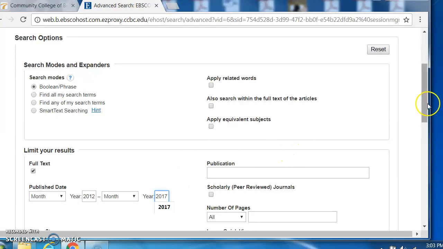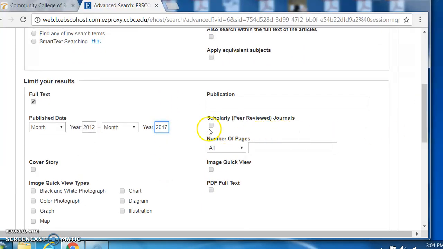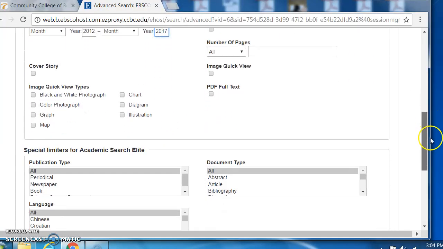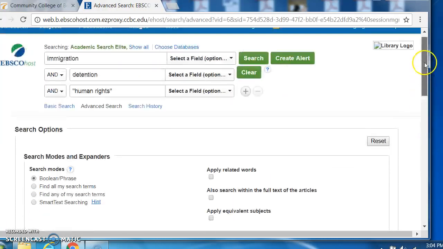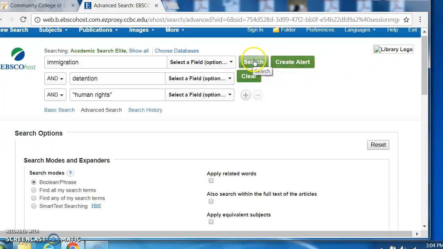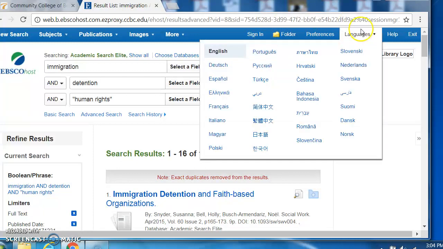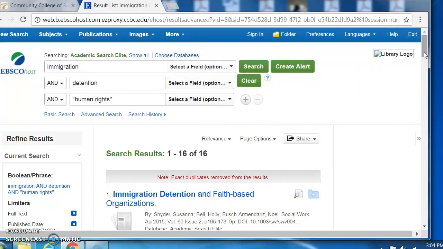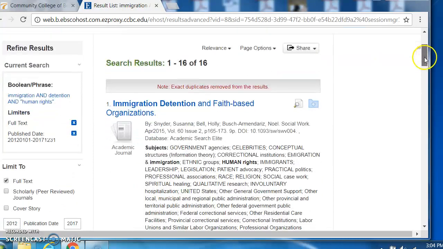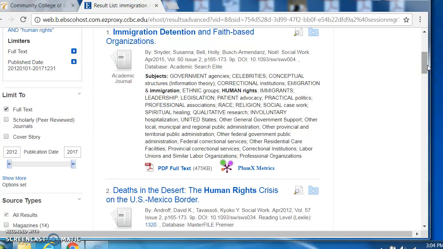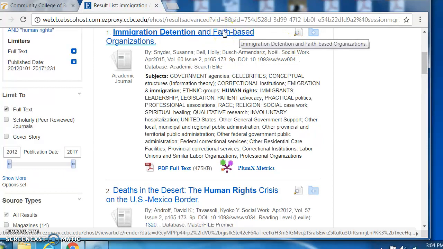So I can do 2017. Again, you can choose scholarly. That's going to narrow things down. Whether you want images, whether you want a periodical, newspapers. But let's just go ahead and look at what this search brings up. So now we're down to 16 very manageable articles from 125,000. So that's the way you want to narrow your search. Again, sometimes you won't get results. You'll have to widen it back out again. But that's something that you'll learn to do with practice, and it's always something that you're working with,